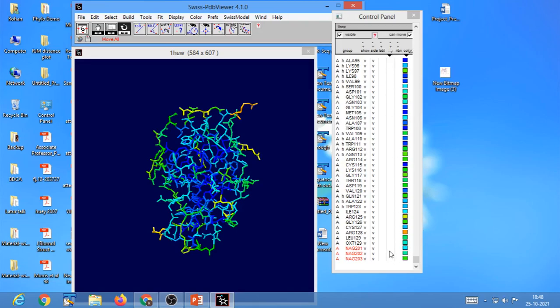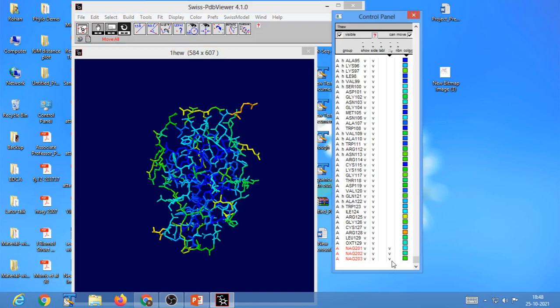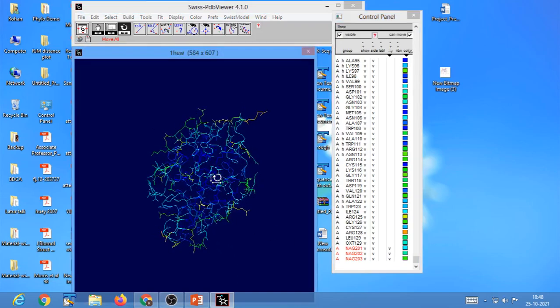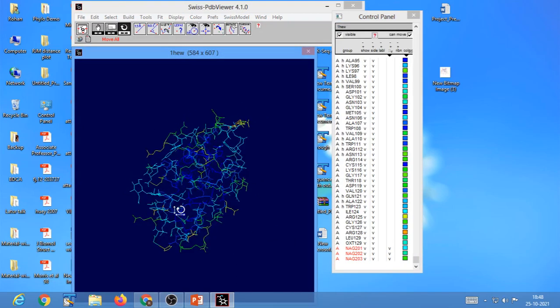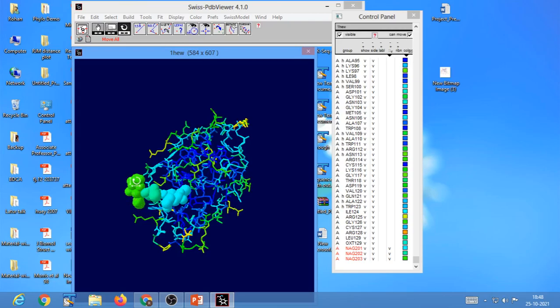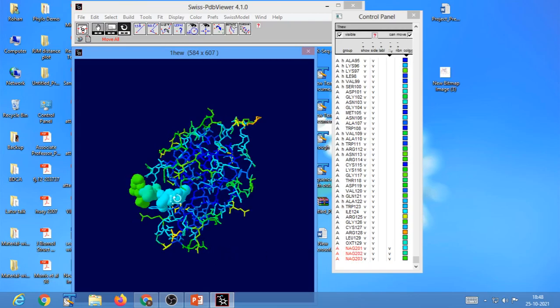Let me show it in its surface. Now you can see this particular amino acid residue that is present on the surface. Therefore, it is most accessible, and this residue, the residue number NAG201, is present in the interior or the